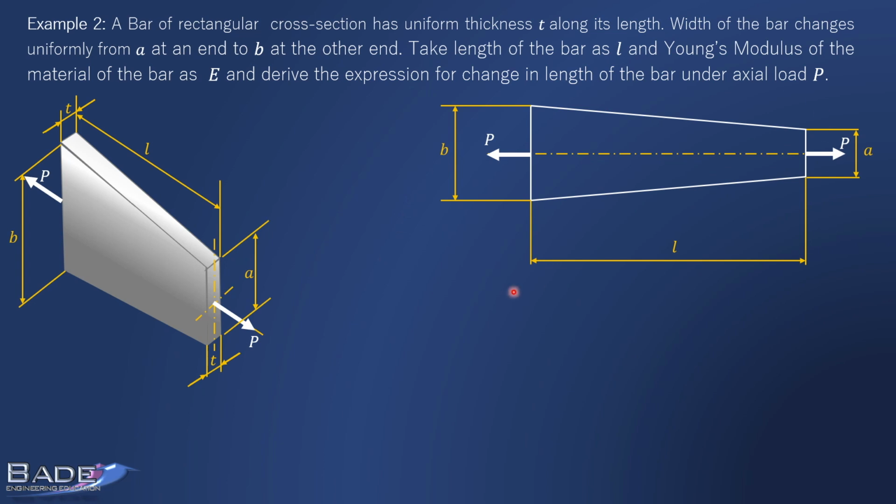Let's draw a two-dimensional diagram. Basic geometry is the same. So at distance x I have considered a section, then a portion at distance x of length dx, and we'll write the elongation of this portion, which is very small, of course, d delta. At distance x, what is the width of the cross section? So we'll have to find the width of the cross section at distance x, that means width here in terms of x.